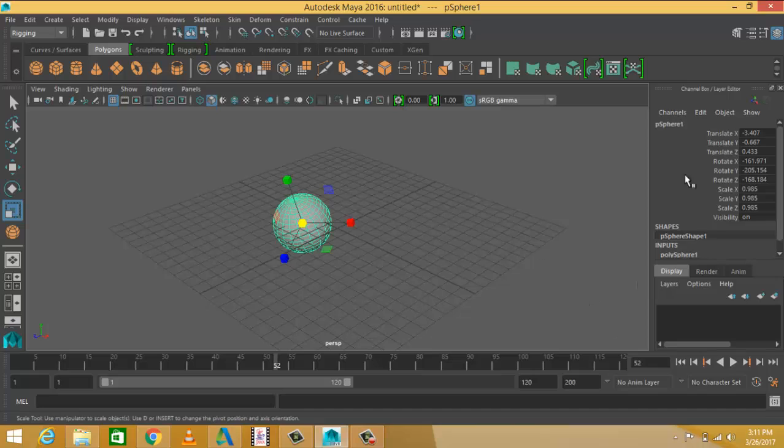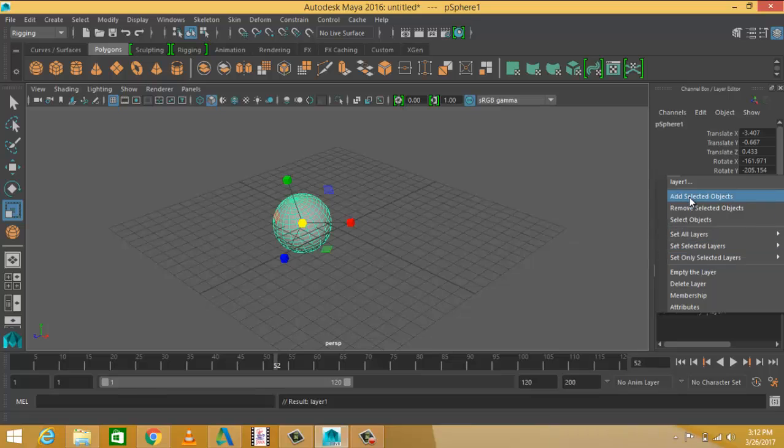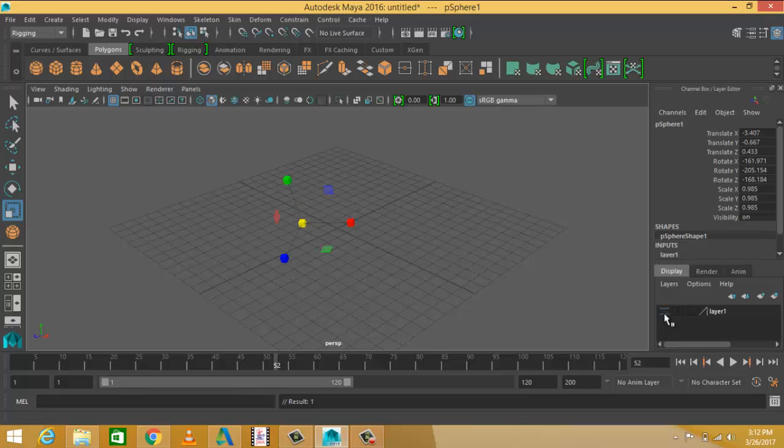Next thing is below the general box, and this is actually your layer. So what a layer actually does, suppose you want to create one layer here. If you want to hide your object, you just right click on it and click on the option of add selected objects. When you click on the V, it will hide. When you click on it back, it will show the object. So this is all about